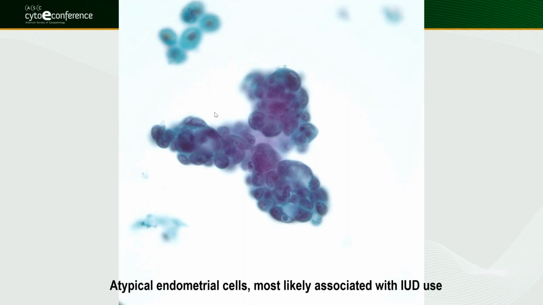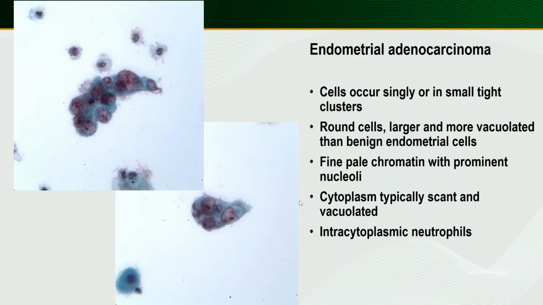This is, when you say atypical endometrial cells, NOS, or with a comment. This one is with a comment: atypical, most likely associated with IUD use. This patient is known to have an IUD, and with this vacuolation, the endometrial cells can look really atypical. And you see the enlarged nuclear size. And sometimes you have to wait until they remove the IUD and then follow up, because it's sometimes impossible to tell if this is adenocarcinoma or IUD effect. And so then the next step